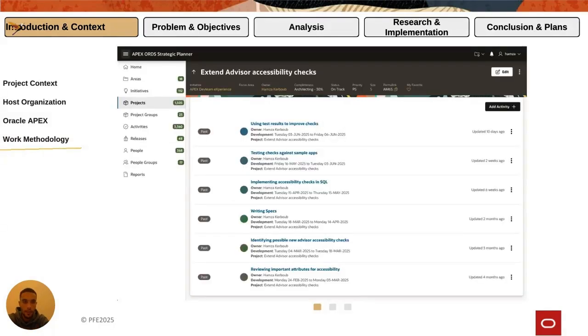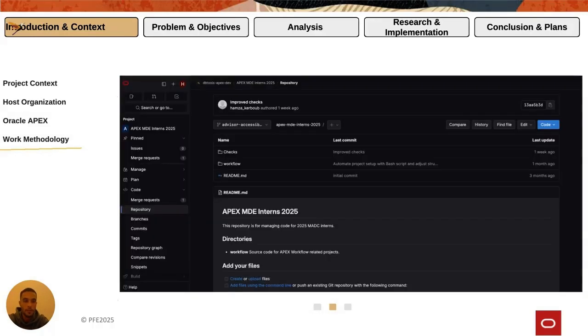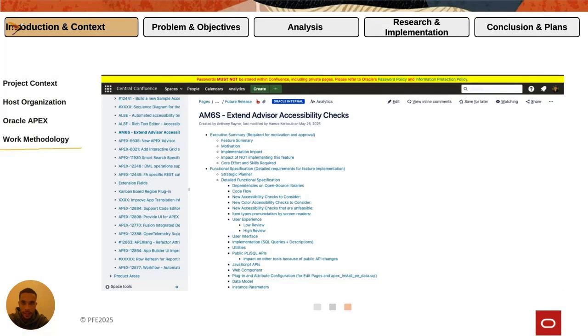And for the work methodology, it was combined in three parts. Using Strategic Planner, an Oracle internal website used for planning tasks, setting objectives, and tracking progress. And OrHub, used for collaboration, accessing resources, and sharing knowledge with the team. And last, we used Confluence. We use it for documentation, maintaining project notes, and ensuring proper project tracking. By combining these three platforms, I was able to structure my work efficiently, stay aligned with team objectives, and document